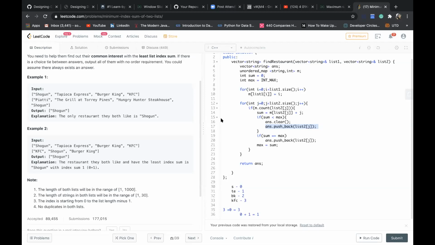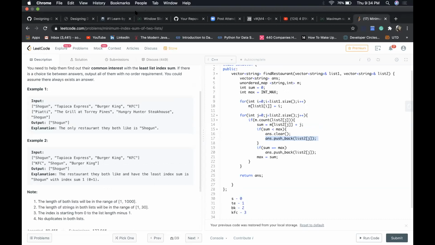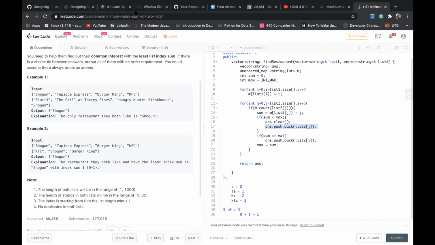So he's saying remove this condition on the 19 and just keep pushing into answer. But 17 and 19 are two different cases, no? For 17 you have to push. On 15 you clear your list, and then you are pushing. Yes, yes. So if you remove line number 17